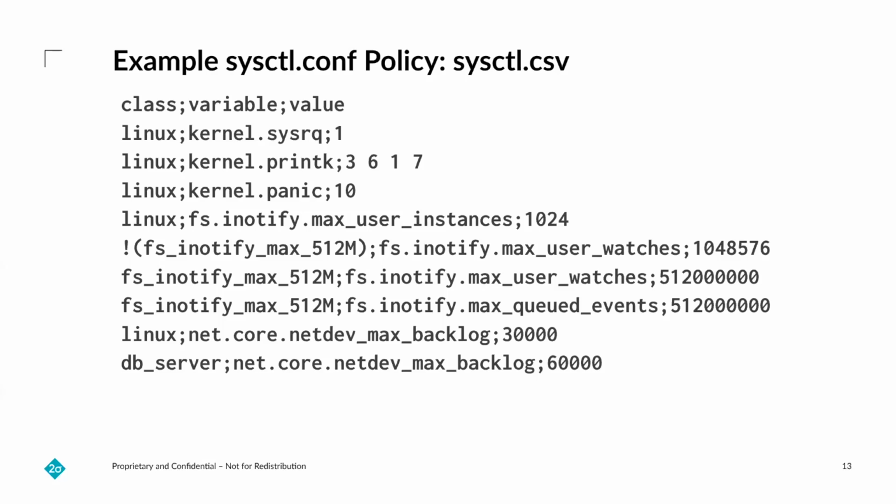And then you can see down at the bottom we have a database server. We'll have a larger netdev backlog that's twice the size of our normal Linux systems. So, to simplify the example, I pre-processed this into a JSON file. And in fact, I think there might be some advantage to me pre-processing the CSV file into a JSON file